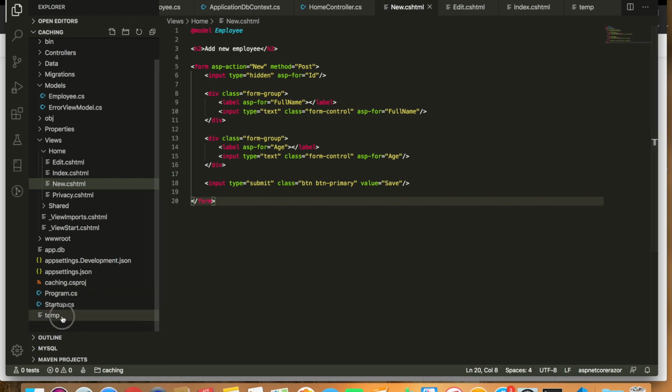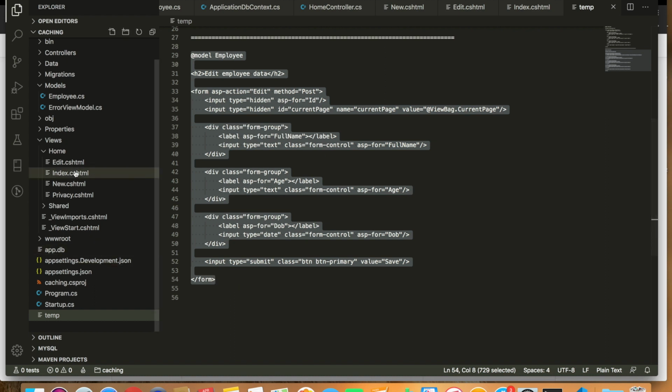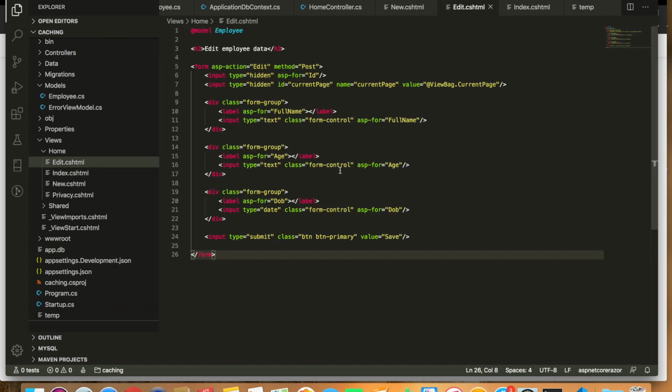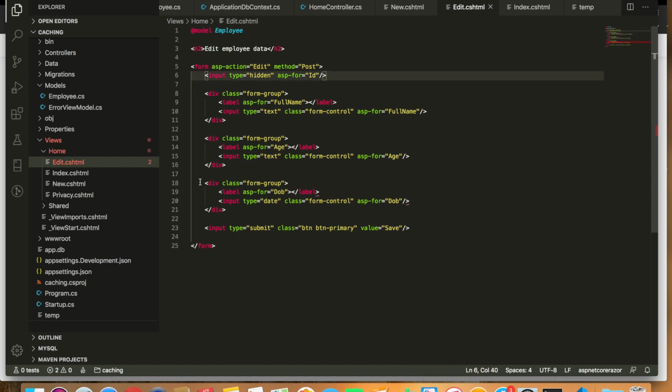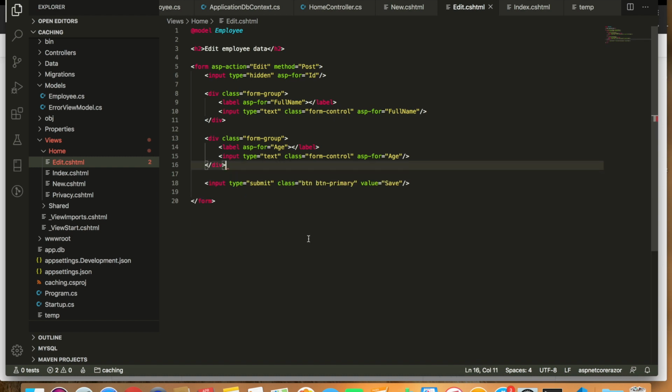Now let's bring the code for the edit part. So this is for the edit part, edit, and let's paste it here. And we don't have a date of birth field, so let's save this,